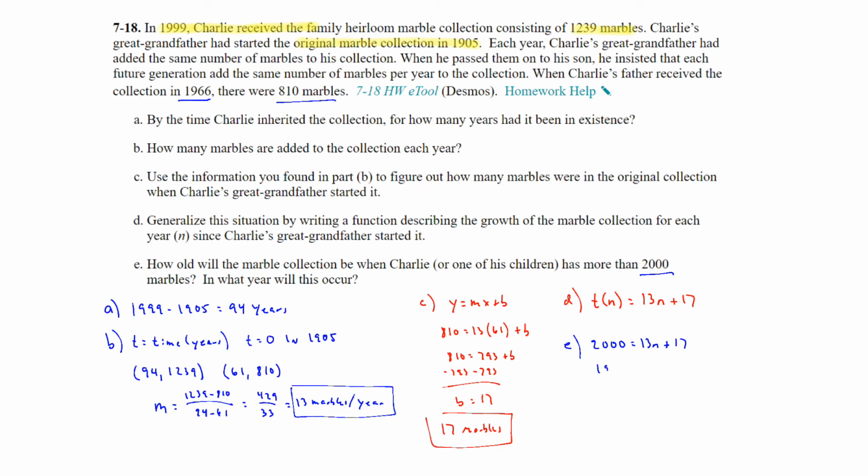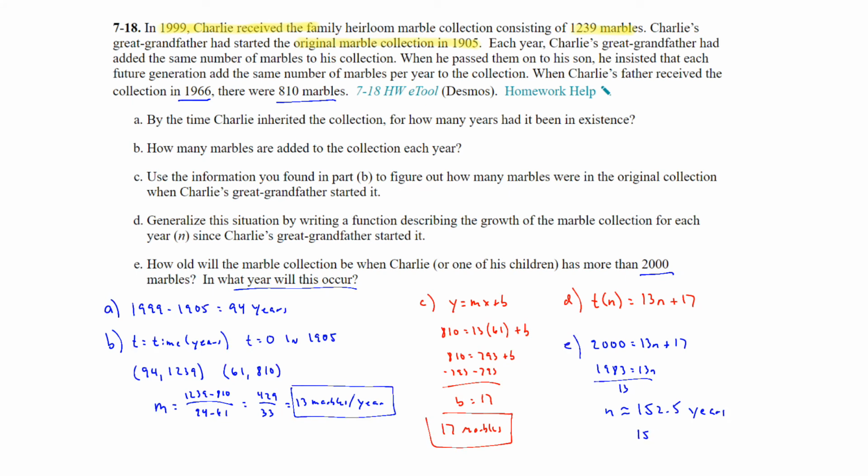So subtract 17, that's going to give you 1,983 is equal to 13n. Divide by 13, and we're going to get approximately 152.5 years, and that's from the original start time, which was 1905. So it does want us to know what year this will occur. So we need to include, it's going to take about 153 years